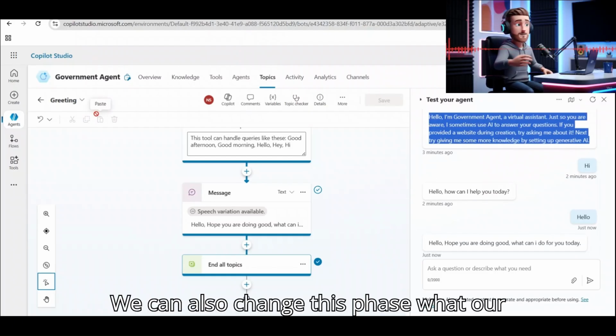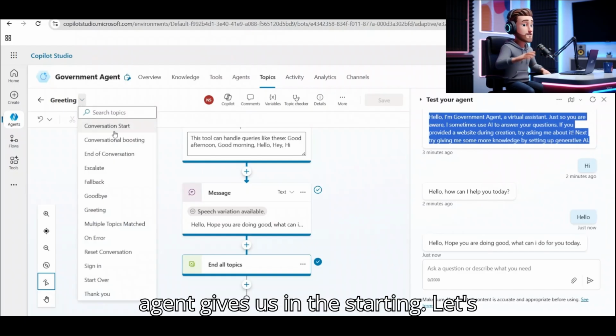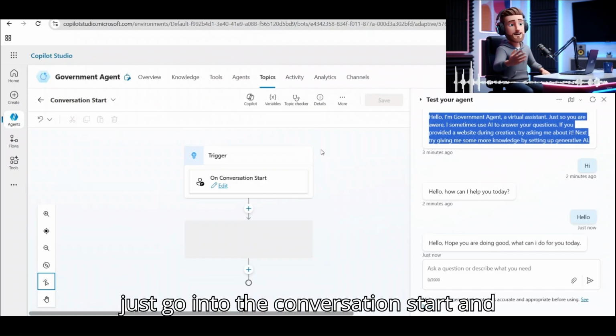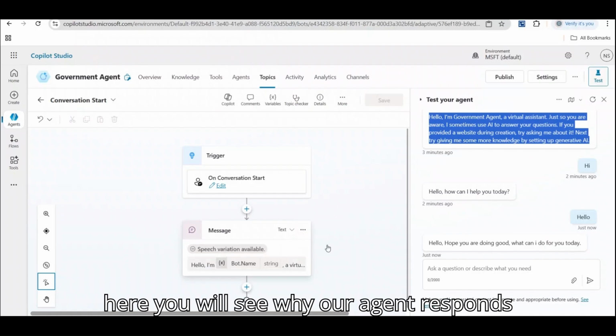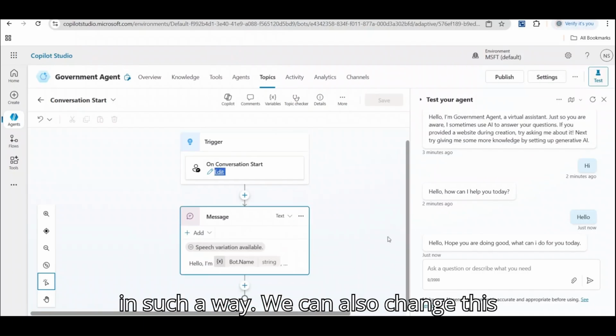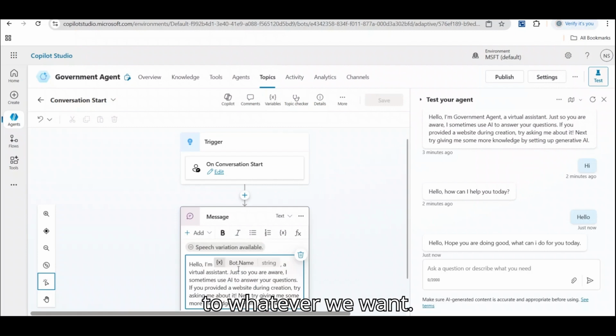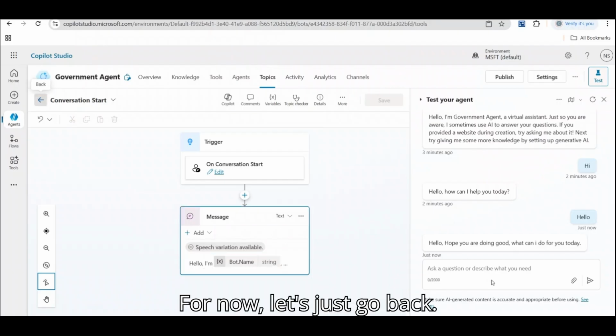We can also change the phrase our agent gives us at the start. Let's go into the conversation start, and here you will see why our agent responds in such a way. We can also change this to whatever we want. For now, let's just go back